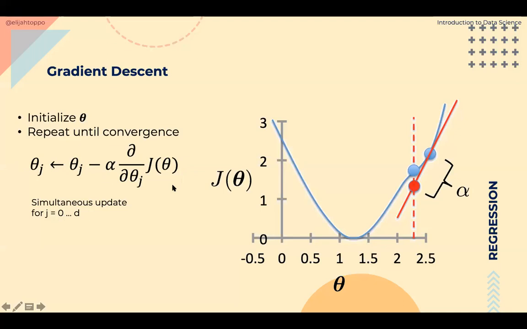Now you've asked me the question, what is alpha? The value of alpha depends upon the problem. Generally, I start with a value of 0.01, and if it is taking too long, I will increase the value, and if it is diverging, then I will reduce the value further. But 0.01 is a good starting point. Alpha represents the step that you take, your step size.